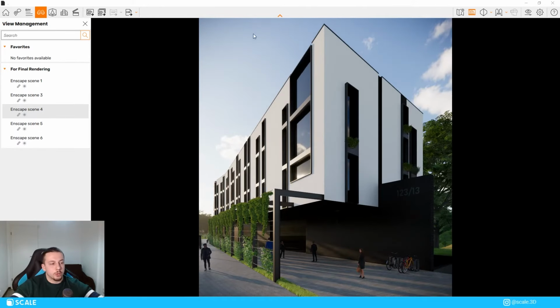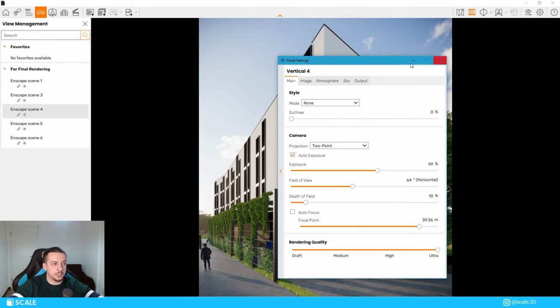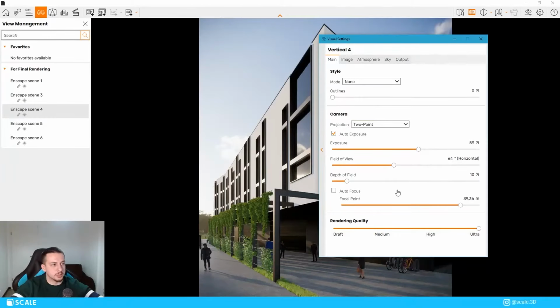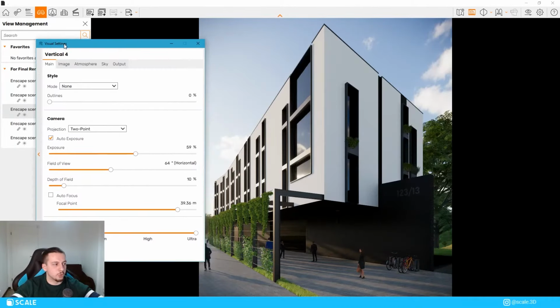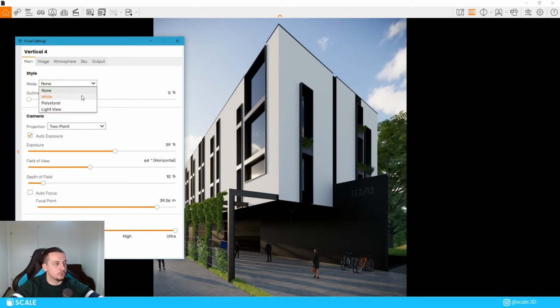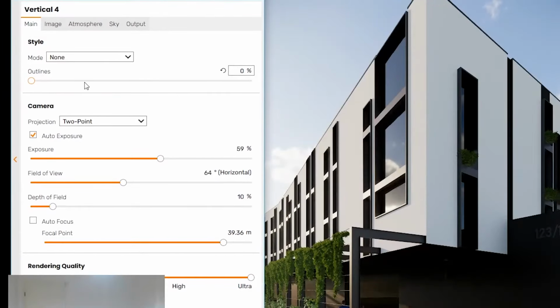Okay, so now we have the composition, we have the materials, and we have the assets that we want to use in our project. So I'm going to take a look at the visual settings, which is usually the final part when I want to create renders. Once I click this, you can see that there are 5 different sections of the visual settings. Here you can find the style that you want to use for your renders. We have the mode, which is none right now, but you can also do the white mode, which basically takes off all the materials and makes